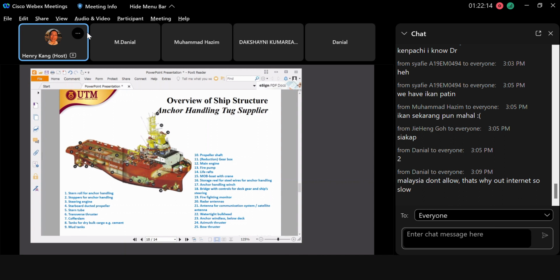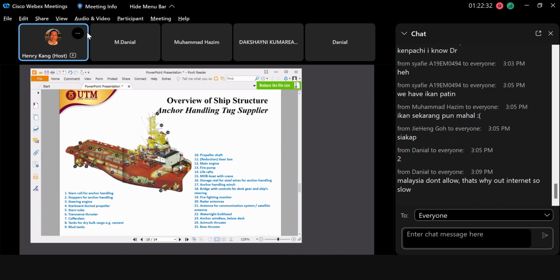To the jetty or to the port. So the tugboats are also important, but they only serve specific purposes. Okay, so you also need to, as